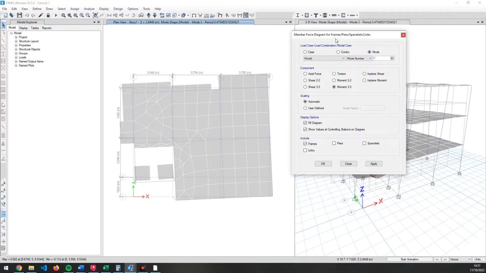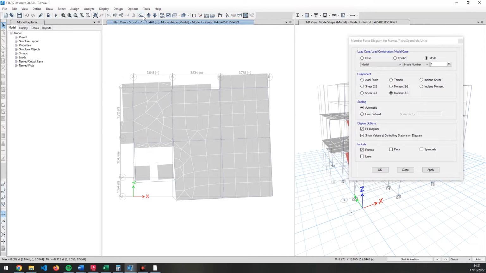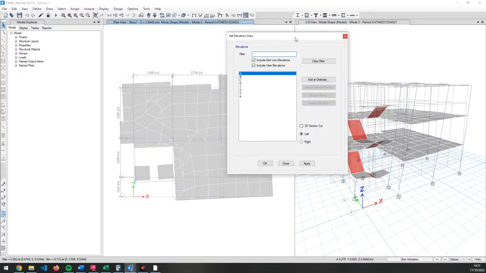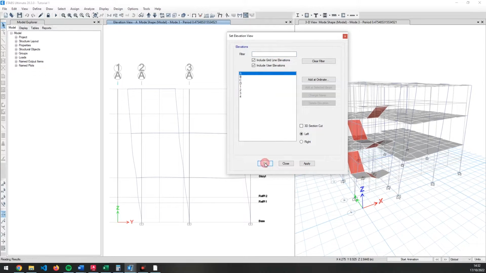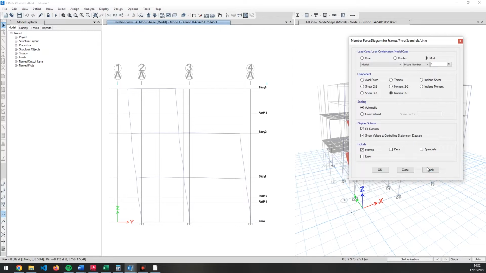And if you want, you can also check in the plan view. Later on, you can also see the torsional effect by including the minimum torsional and maximum torsional